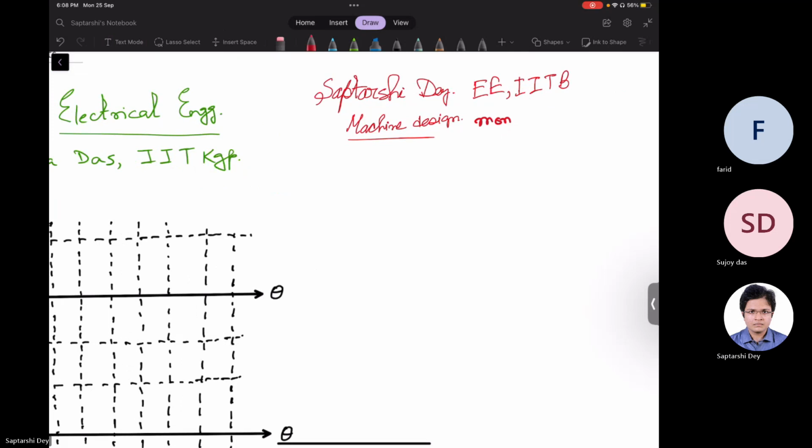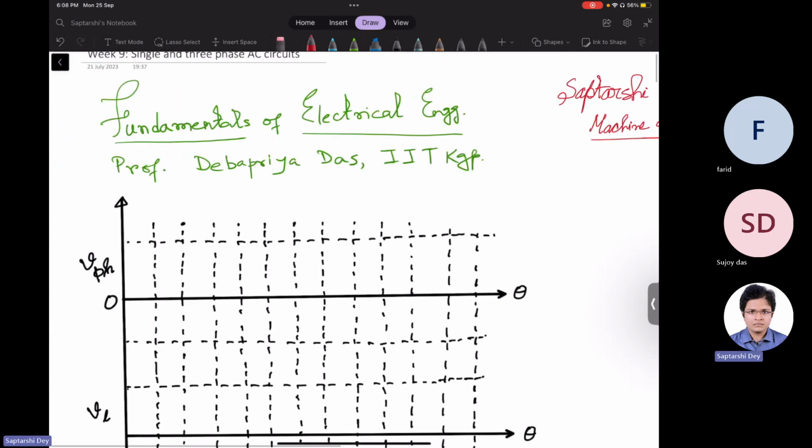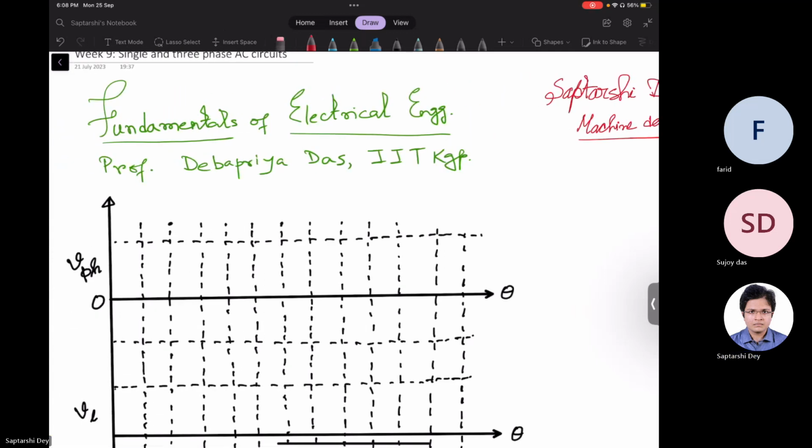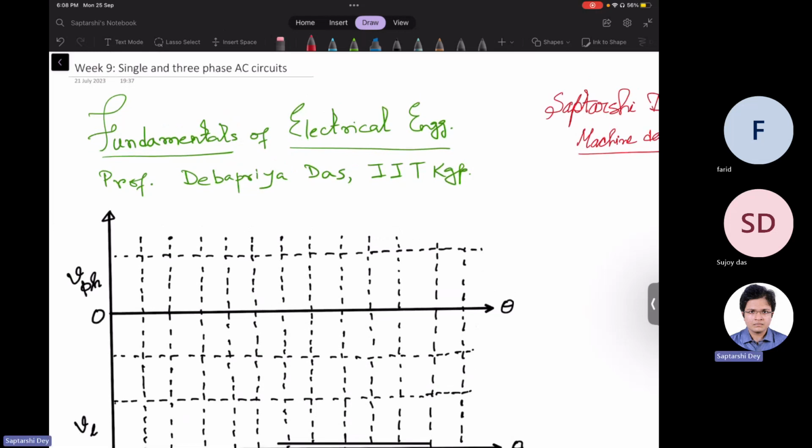Monday 6 to 8 p.m. Now, this is the ninth session, which is about single and three-phase AC circuit. In the last session, we discussed to some extent the single-phase AC circuit. This week we'll discuss to some extent about single-phase AC circuit, and then we'll go to